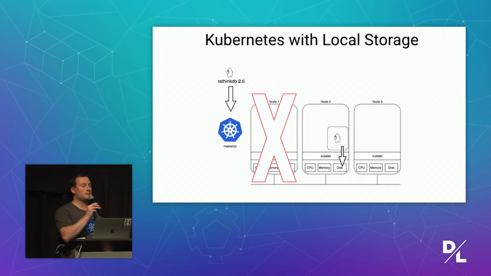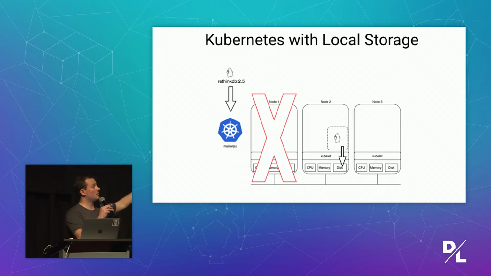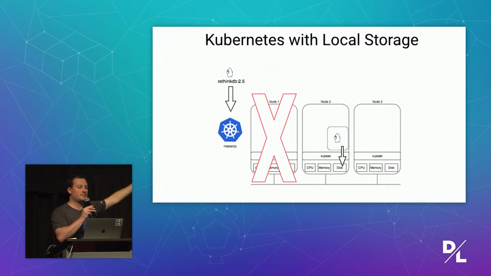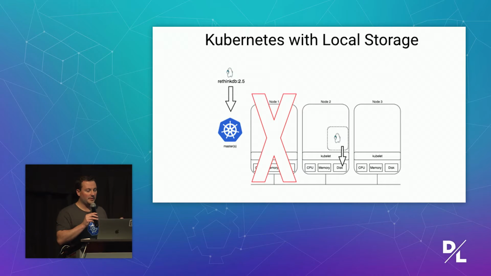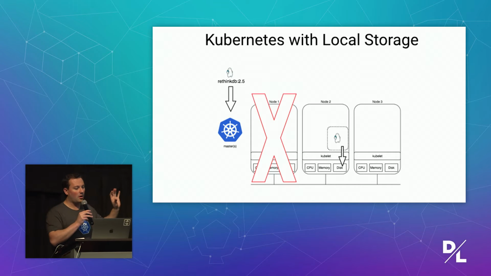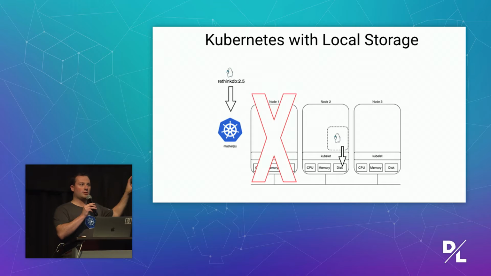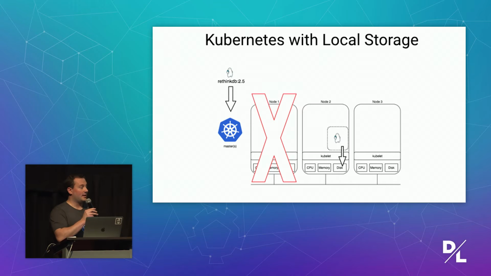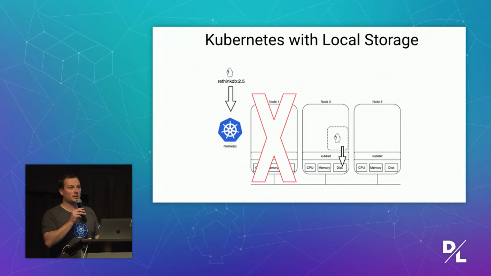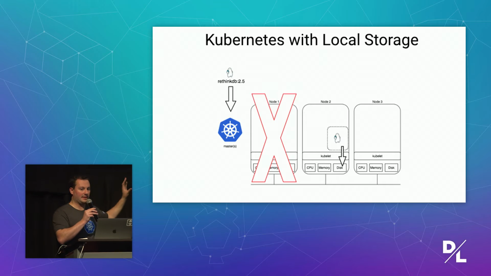what happens if our node dies? Our pod has to go somewhere else, but our data is on that original node. So we have to be really careful if we're going to run with a local storage paradigm. We have to be very careful about where our data goes. And there are some advanced systems, tooling and APIs that you can use to craft your own solution to help mitigate against this. It won't be perfect, because that node can disappear at any time. And so this is a non-trivial investment. If you need raw performance, this is probably where you need to go, but realize it's going to be expensive in terms of building the tools and the systems to make this a safe system.